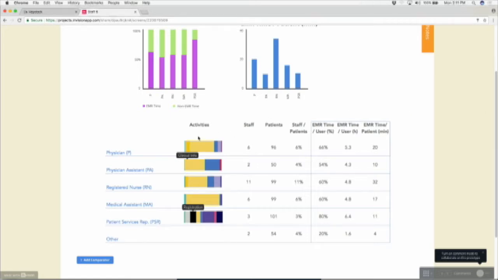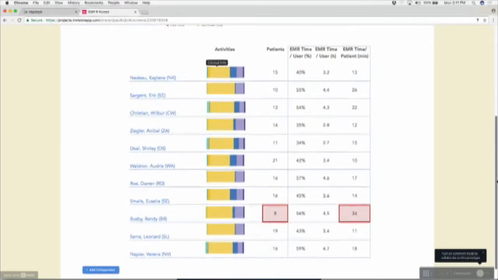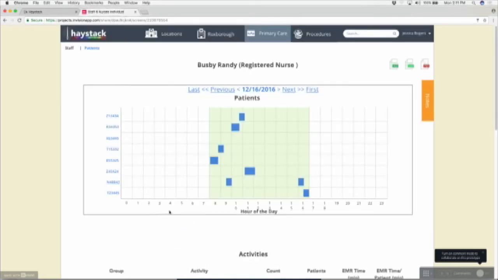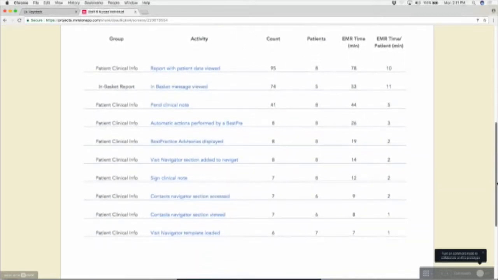And what's fantastic about the solution is it allows us to really drill down from here, at any level, clinical or non-clinical role. So for example, if I really peel back the onion on registered nurses, it gives me the ability to see each individual nurse's workflow. And as you can see, the system highlights Randy because Randy's seen the least amount of patients but spent the most time in the EHR. So clearly, Randy could potentially be struggling. And the system, at a very granular level, allows us to see the patients that Randy saw